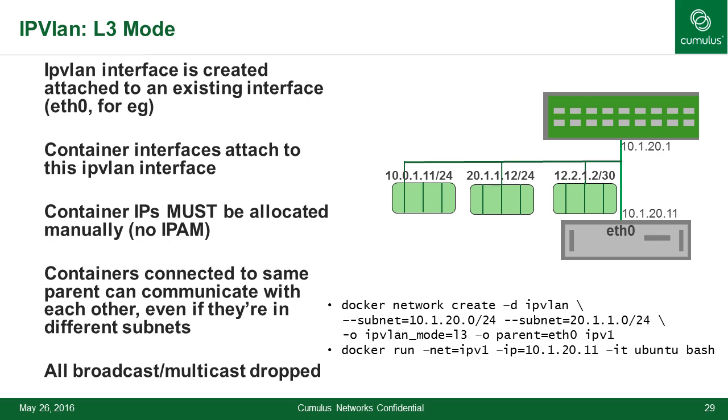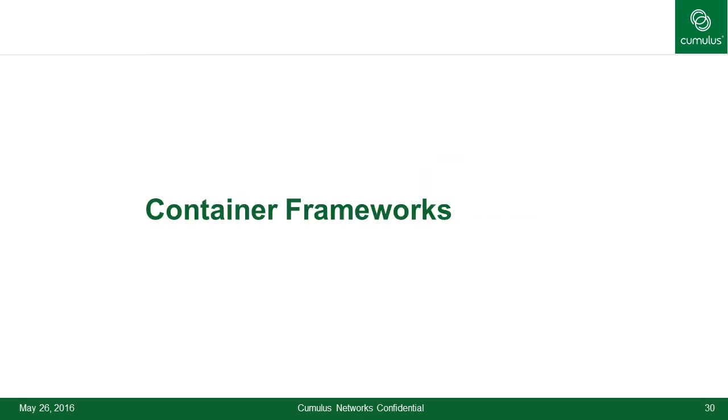What it lets you do is build a very nice, isolated, well-controlled container network for yourself. But on the other hand, it does not use many of the Linux kernel constructs. All the routes that are created as part of the IPVlan are hidden inside the IPVlan driver. They are not visible via ip route show. They are not visible via netlink. So it's not exactly a great model, and our next webinar will cover some of the alternate solutions that are being looked at by various people for that.